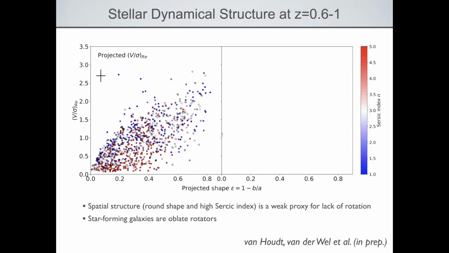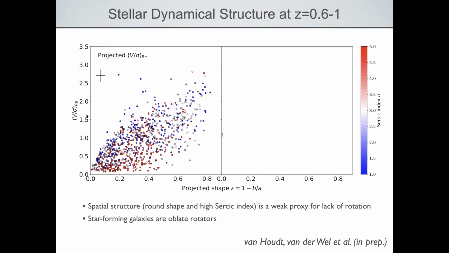So the V over sigmas from those models we have for about 800 galaxies look as follows. The color coding is now Sersic index. So these are things with disk-like structures in blue and the more elliptical type structures in red. And we see that, independent of Sersic index, we see a very broad range in shape. So this is projected shape, ellipticity, and here the projected V over sigma,